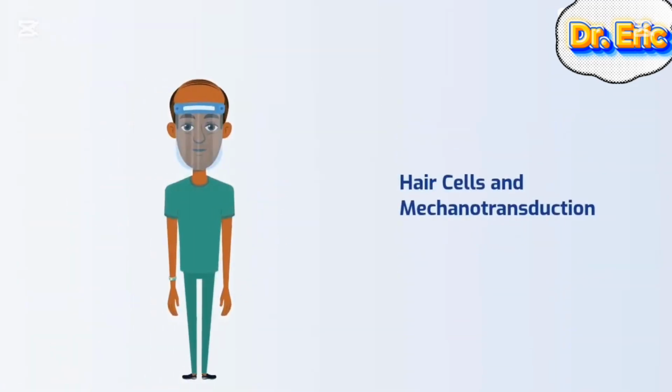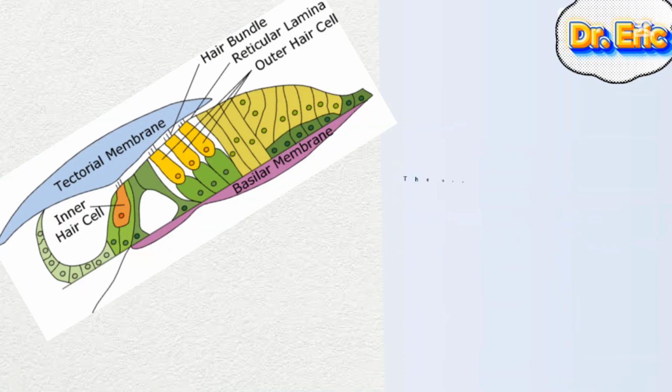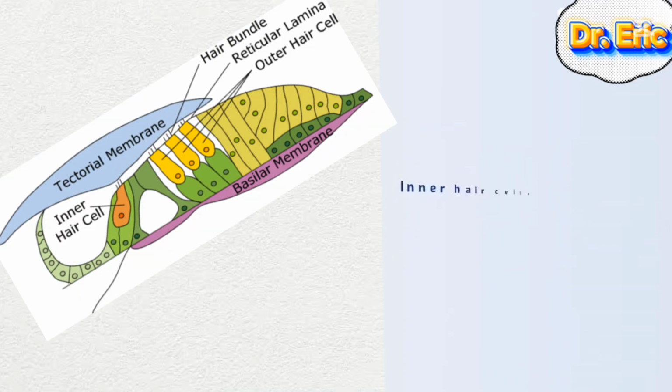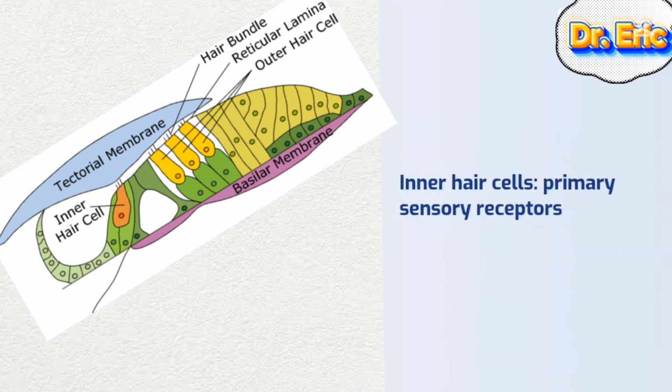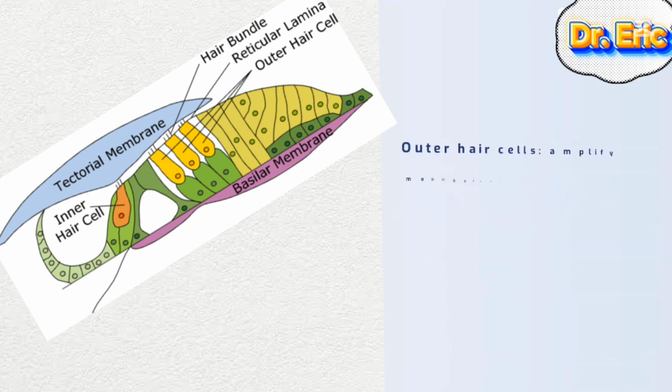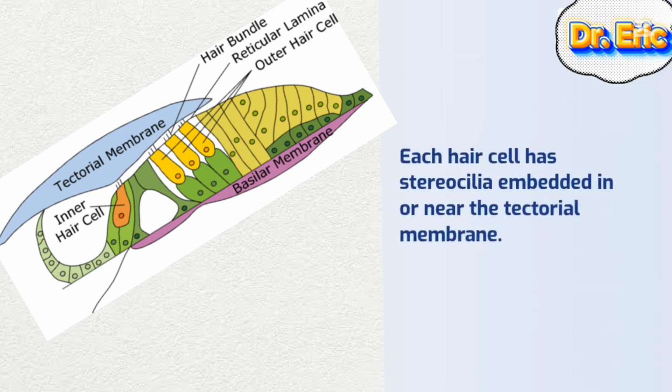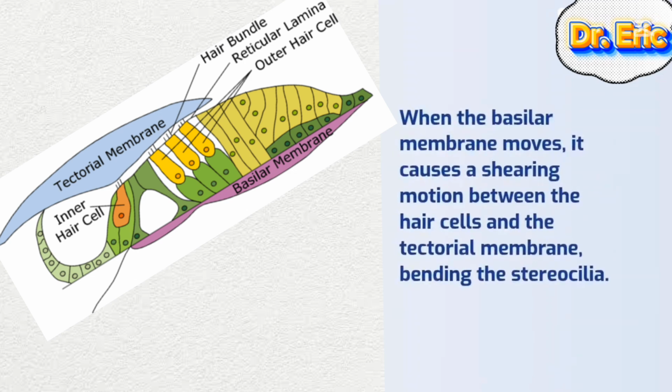Hair cells and mechanotransduction. The organ of Corti contains two types of hair cells. Inner hair cells, primary sensory receptors. Outer hair cells amplify mechanical vibrations by changing their length in response to sound. Each hair cell has stereocilia embedded in or near the tectorial membrane. When the basilar membrane moves, it causes a shearing motion between the hair cells and the tectorial membrane, bending the